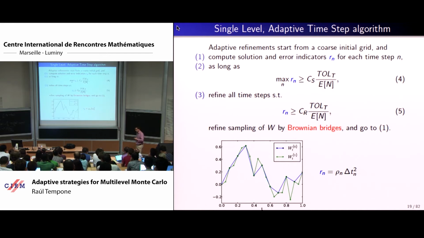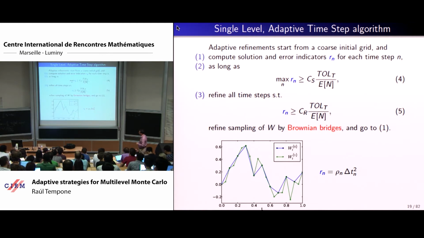Now, another technical point in this construction is the following: if you have a refinement that has not been accepted, and you mark some intervals in time for refinement, you need to produce essentially the corresponding interpolation values for the delta W's that drive your discretization. And these, not to introduce any biases, have to be consistent with the points that you already sampled. And this is done according to Brownian bridges, right? That is the correct way to do this discretization. So this plot essentially shows that.